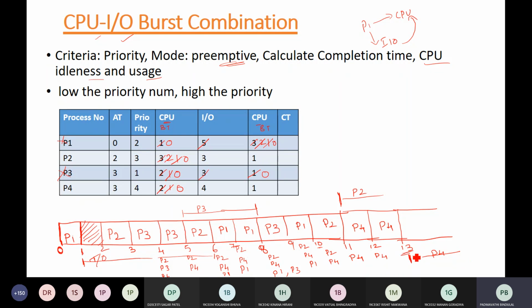So now you are in the 13th instant, and you will take 3 units to complete IO of the P2 process. So 1 unit is done here, 1 unit is done here, and you require 1 more unit to complete IO of P2, and P4 has started its IO operation. That means this cycle here is idle. This time is idle for your CPU. Understood?